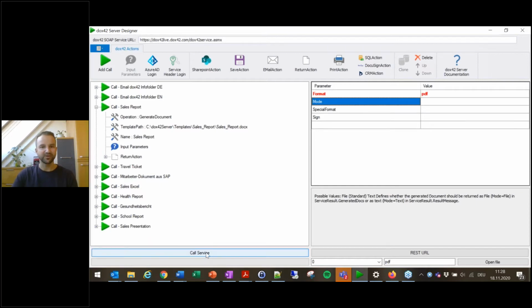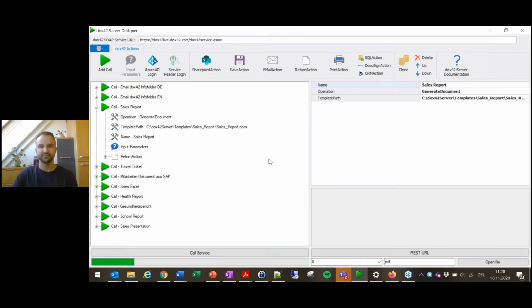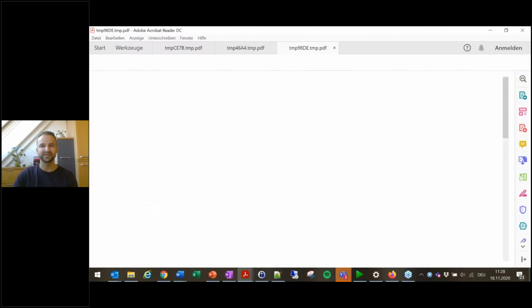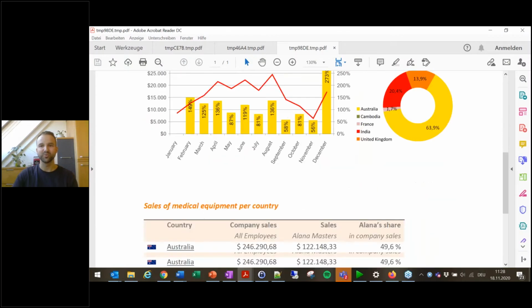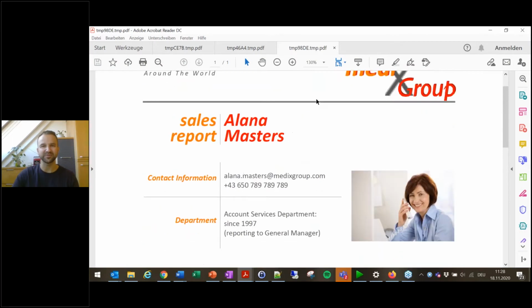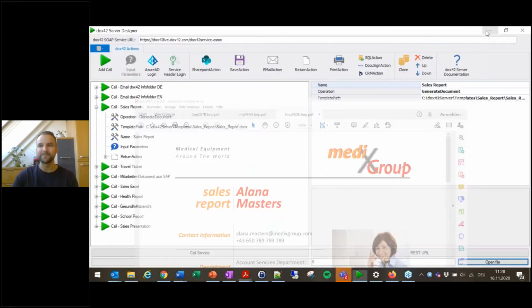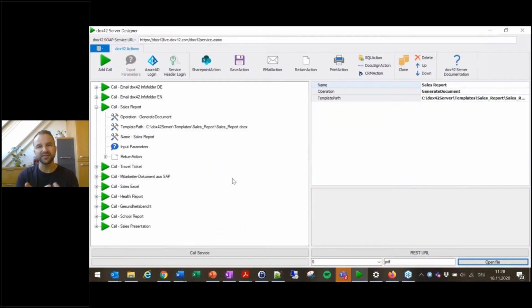Now, when doing this call, the service call is successful, perfect. And again, I can open another file that gets generated by our dox42 live service with everything that I've just changed. And if I go back, save it, and then upload the very same XML structure to my dox42 live service,